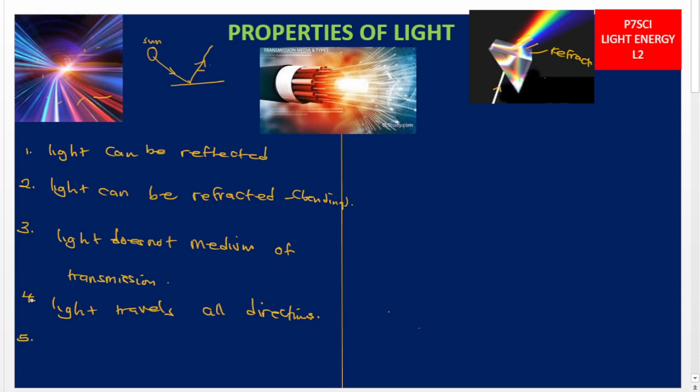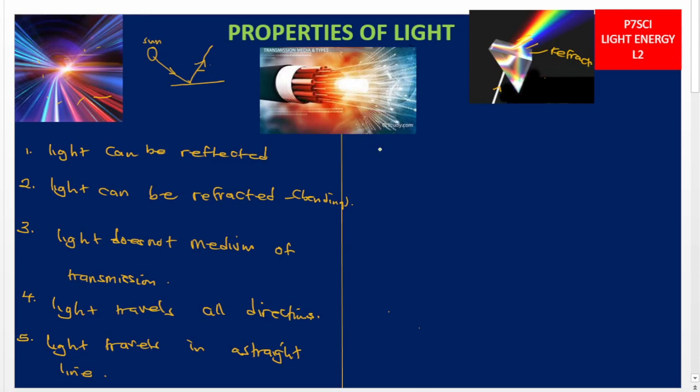Then number 5, light travels in a straight line. That's why we cannot see around corners without using a special tool like a periscope. Why? Light does not make corners, it just travels in a straight line. So light travels in a straight line and in all directions. Then another property here: